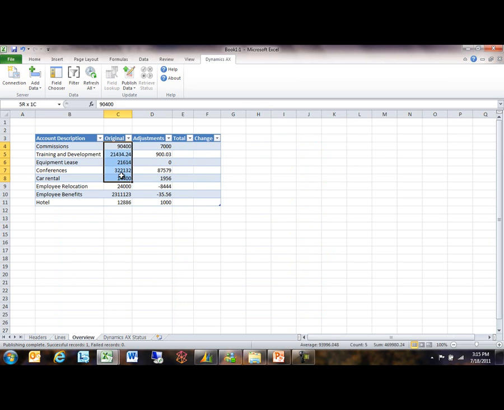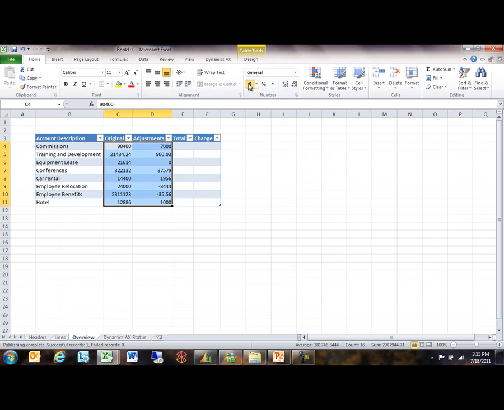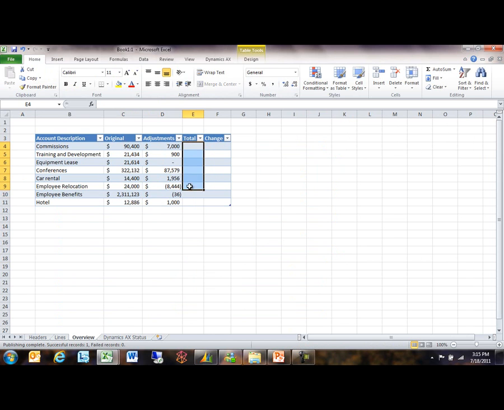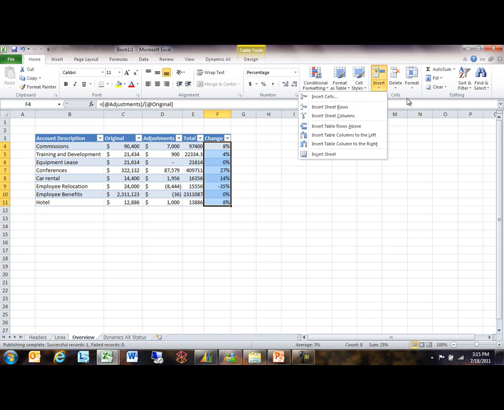And I'm going to take just a half a second here to do a little bit of formatting so that we can see what this looks like here, and then add a calculation here using Excel formulas. I just know how to use these regular simple Excel formulas. So adjustments plus my original is going to end up being my total, and then my change, let's make this a percentage change, which is just equal to the adjustments over my baseline of my original. Alright, so let's make this look like a percentage